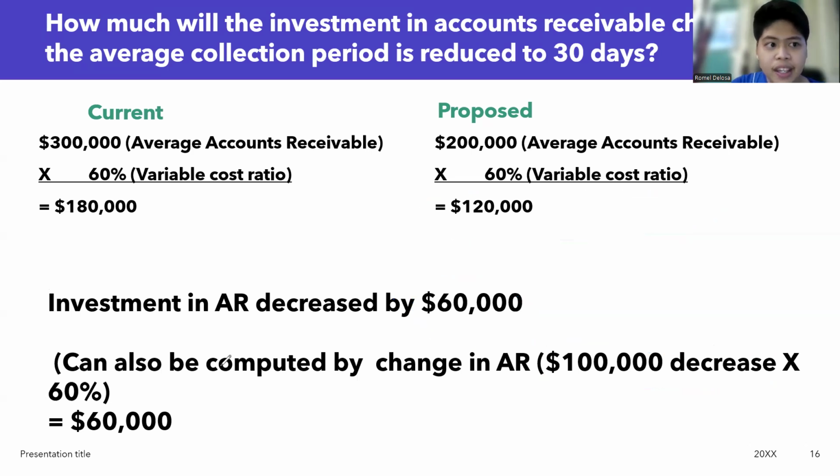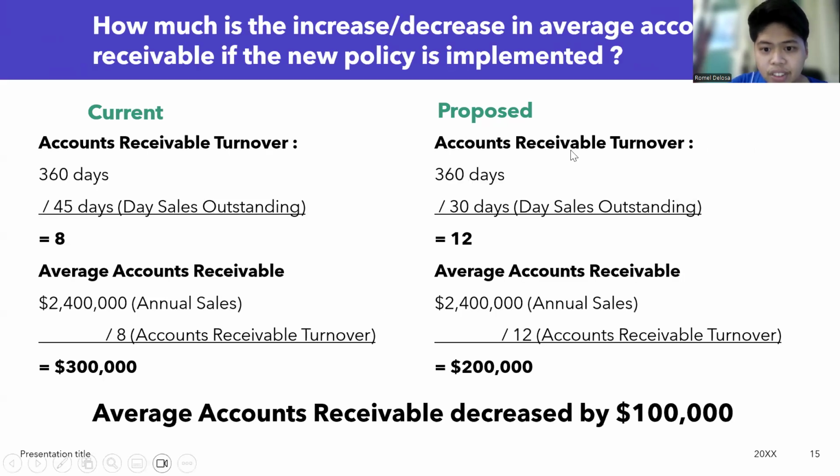Okay, here's the thing. In reality, in the problems, let's look at the proposed. In the proposed policy, guys, what could possibly change? Number one is the day sales outstanding or the average collection period. For sure, it will really change. Regardless of any problem, this will change in one way or another. In reality, this is the reason why we have these kinds of problems, because we consider the day sales outstanding. So in most of the problems, there will be a change in